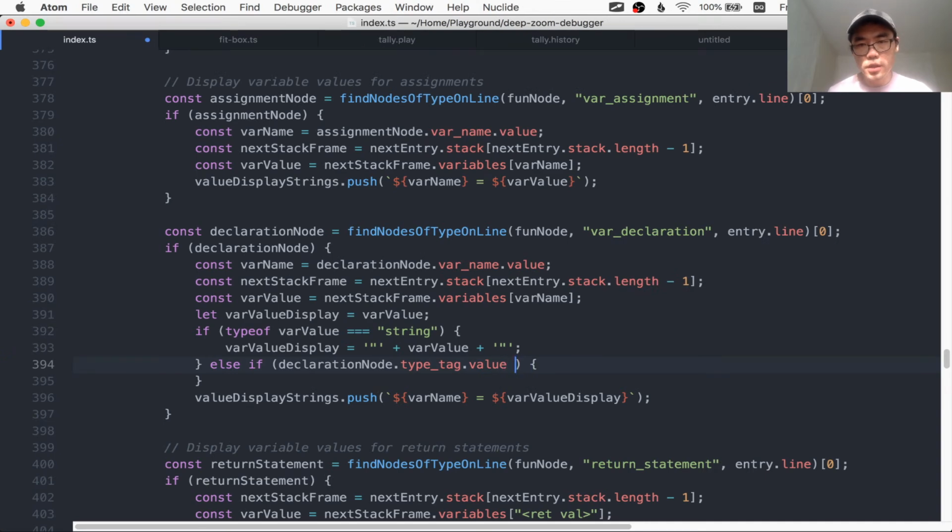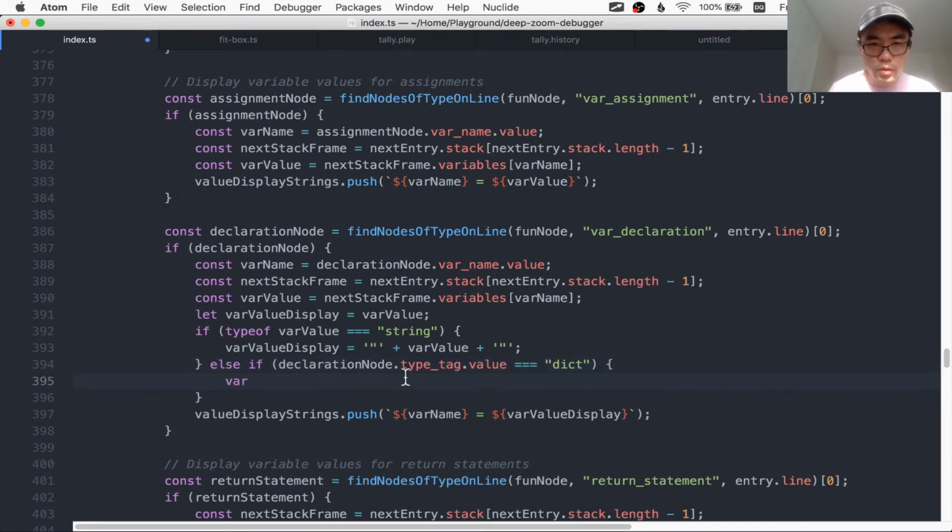So if it's a dictionary, if the variable happens to be a dictionary, we're gonna say, I actually changed the display to be something else. And for now, let's just use JSON format to depict it, even though that's not what I ultimately want to go for. But we need to grab the dictionary out of the heap first, and